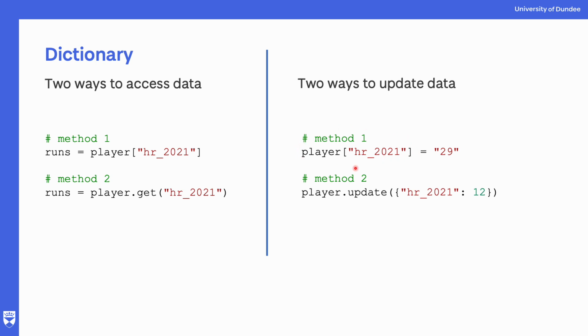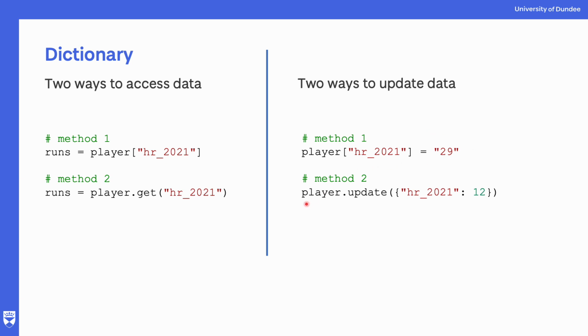So whatever is inside player at that key, make it become 29. And I've put it in as text. So it started off as a number. I can put it in as text later if I want to. Probably not a sensible idea given that it is a number, but just to show you that it's possible to change the type of a variable through this update